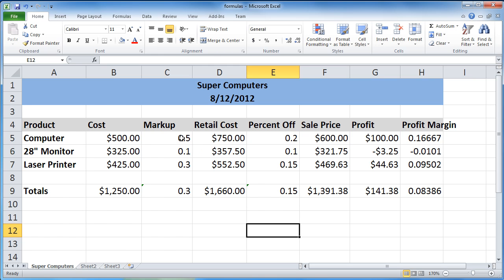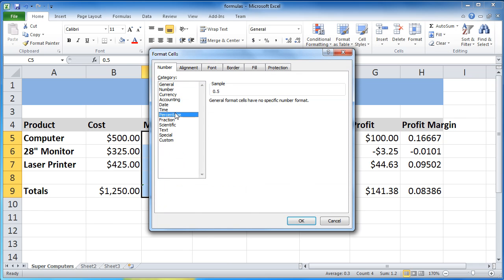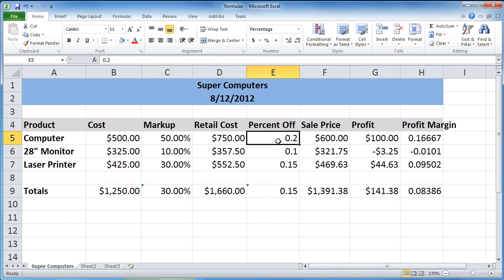For the percentages, I can work with those easily by highlighting, again going down to Format Cells, and taking a look at percentages. Notice we have a sample of what it's going to look like, as well as information as to how many decimal places we want to display. I'm going to do the same thing here.